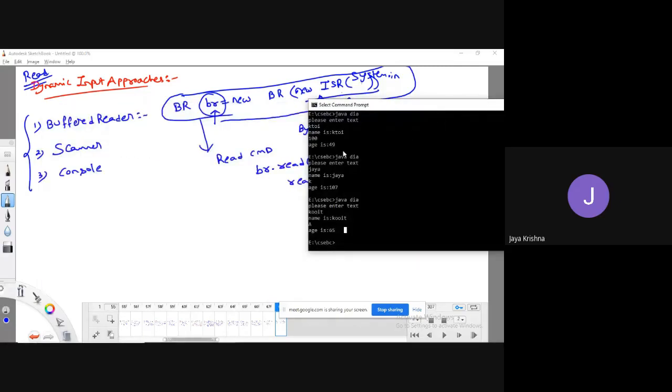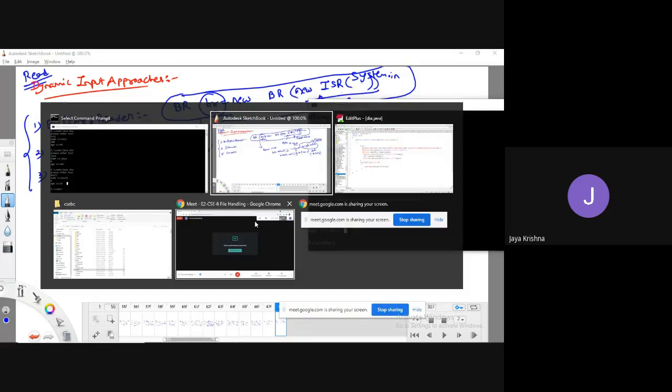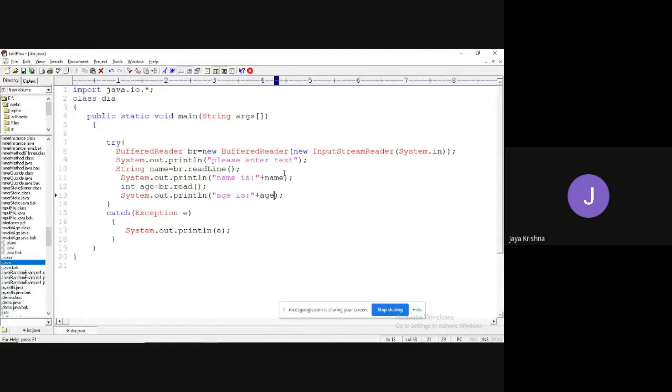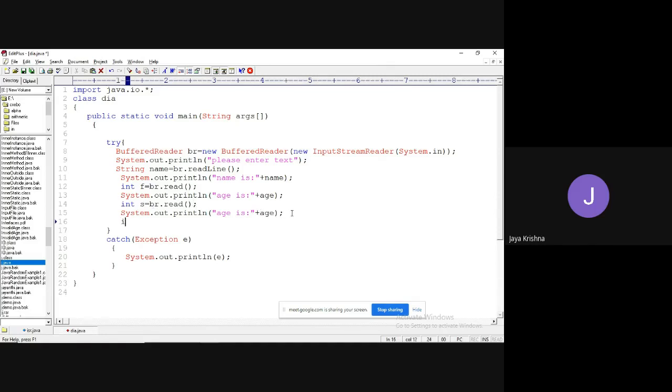Yes. The problem is, if I'm trying to enter some integer value, observe. First value, second value, int a equal to f plus s.